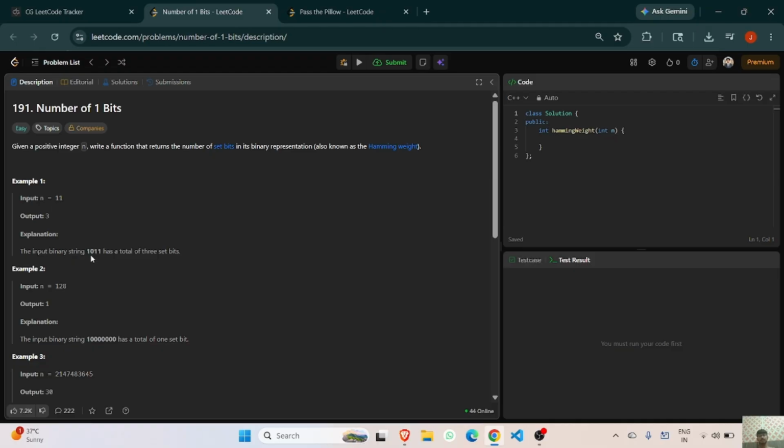The main idea is simple. We repeatedly check the last bit, count it if it is 1, then remove the last bit and continue till the number becomes 0. So let's move on to the code and see. Suppose int count equals to